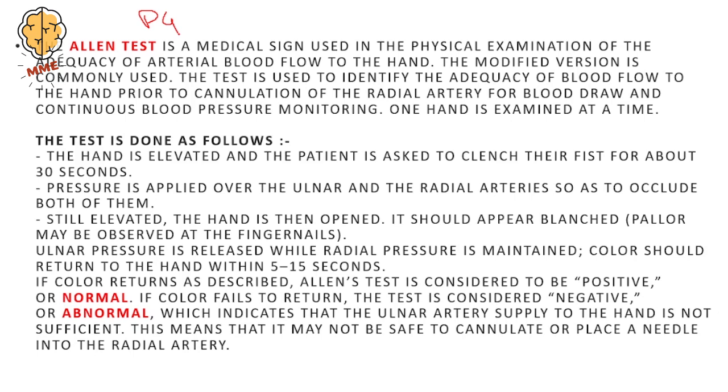Why only when radial artery cannulation is done? Because in radial artery cannulation there are high chances of thrombosis. This thrombosis will lead to ischemia of your thumb and the index finger. So before performing cannulation, or before giving any kind of intravenous injection, or before taking blood from the radial artery, you must perform this test to be on the safe side. What you need to do is clench your fist for about 30 seconds. You might see pallor.